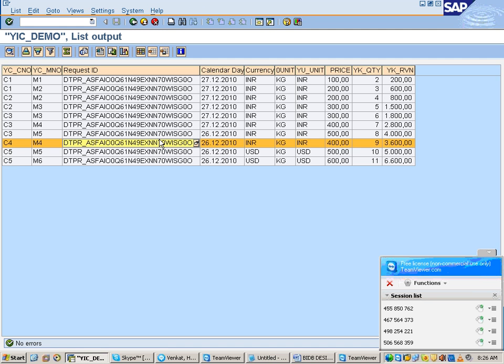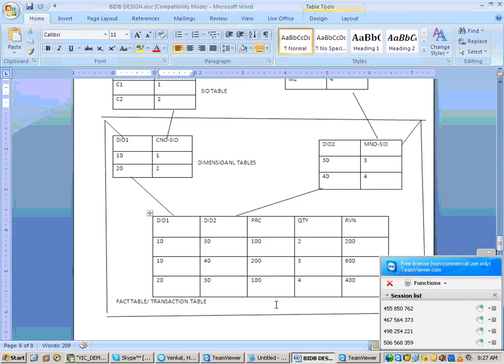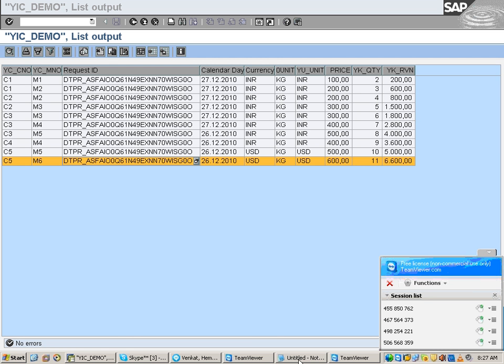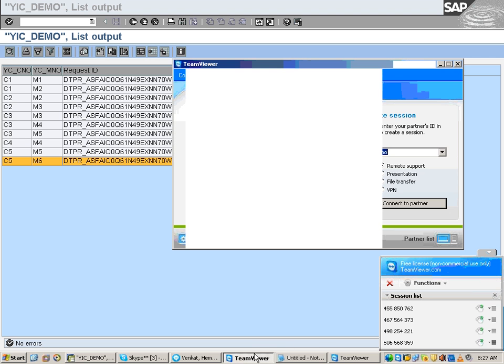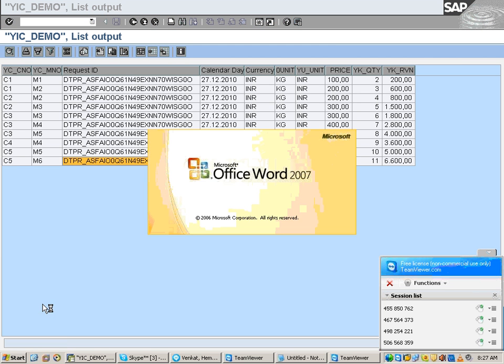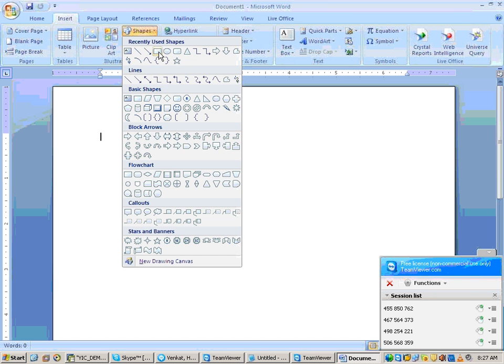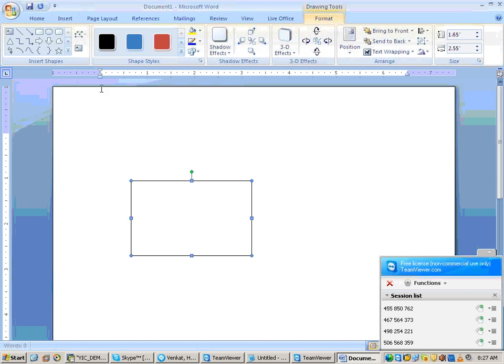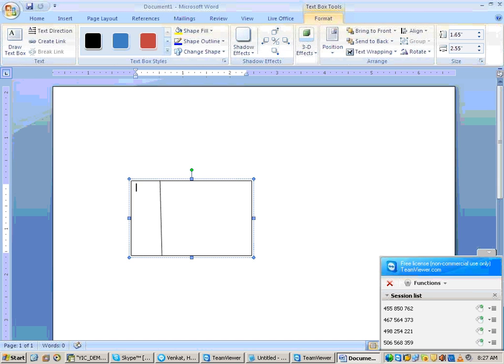What is the data in the cube now? All the 8 records are having the same request ID or not? So every time we load data into our cube, what is going to happen? It's going to create one partition in your, suppose this is your cube, fact table. Now I have loaded how many records? 8 records. What is going to happen now?